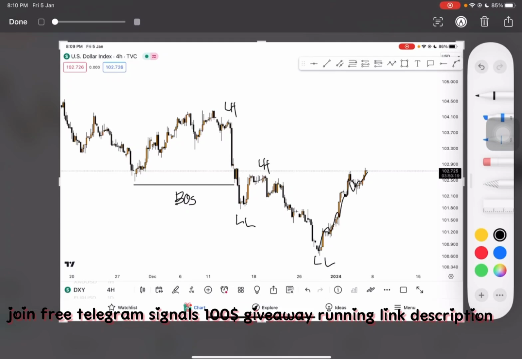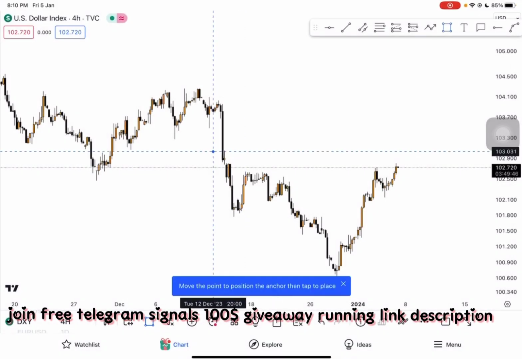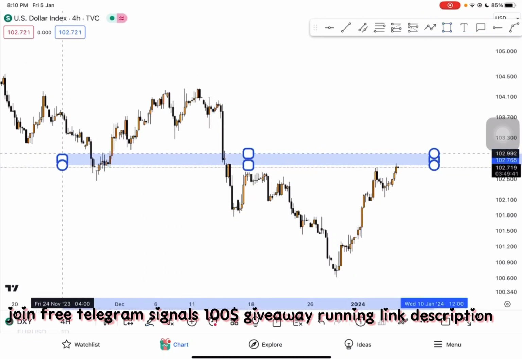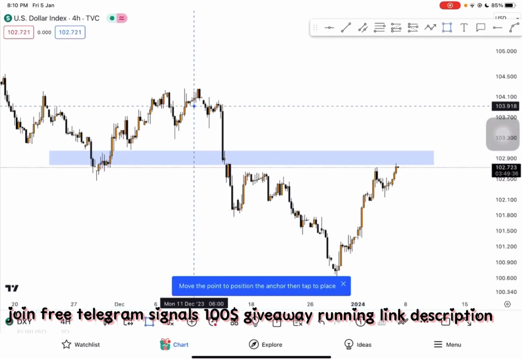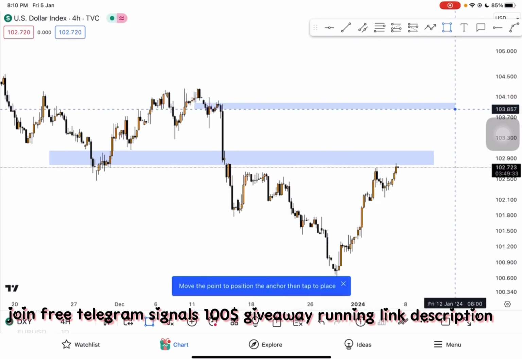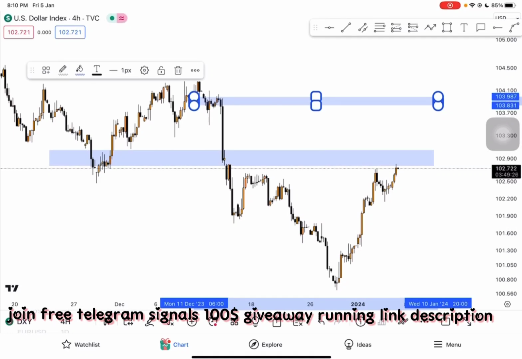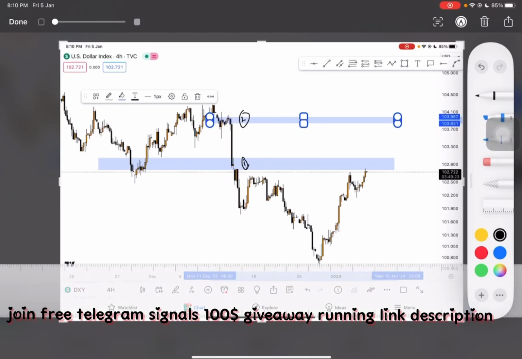For me, I would say that you can monitor these two areas for the price to reverse. This is the first area, the previous lower high area and also the supply drop base drop area. The next area will be around here. We just take the last candlestick before the impulsive move here. This one first, this one second.